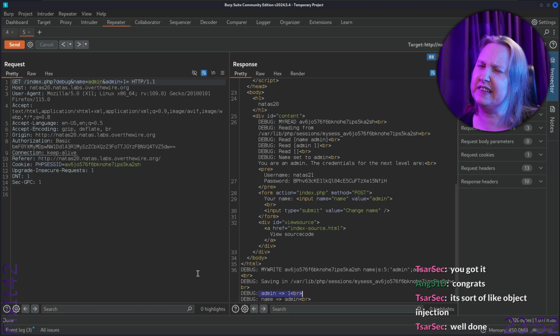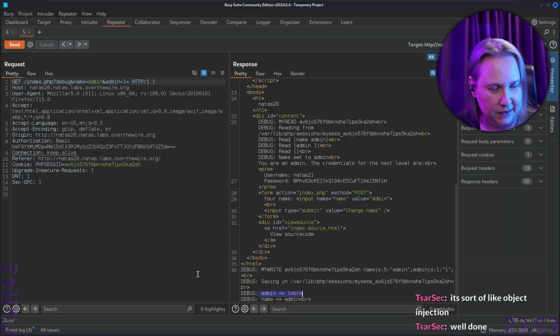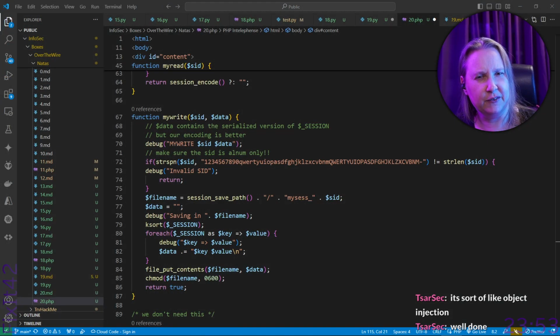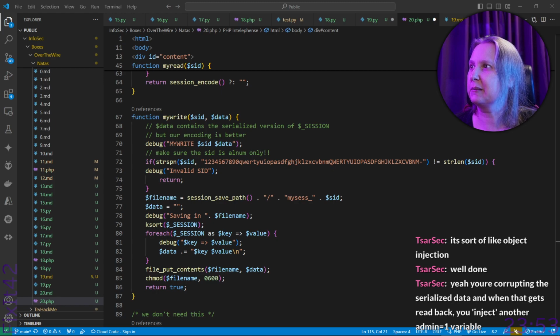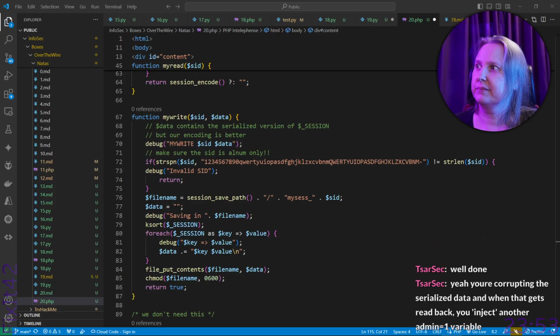And it was like by mistake that I got it, because my first test there with adding debug, so nice. I wonder if I would have understood it otherwise. Yeah, probably, but it would have taken more time. But we could just add something after the one here. That's the trick. Yeah, you're corrupting the serialized data, and when that gets read back, you inject another admin equals